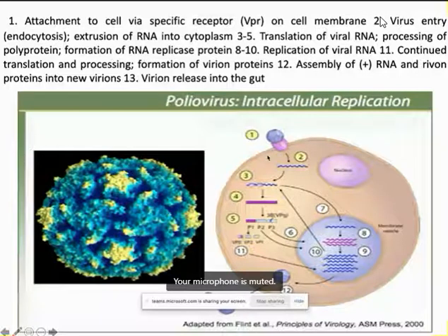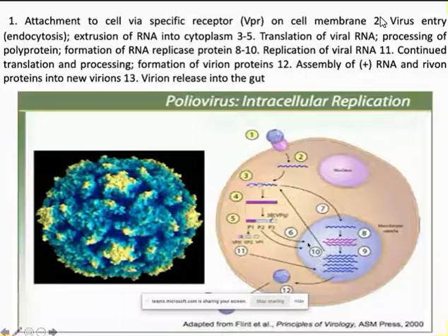Okay, and after uncoating, two processes take place. One is the genome replication, which is required for the newer progeny, and another is the transcription and translation. Transcription means the information is transcribed into the genome copy, and that will be expressed by the translation process, and the structural and the regulatory proteins will be synthesized here, and finally they get assembled. Okay, so this is the replication of the poliovirus. So much for the structure and replication of the poliovirus.